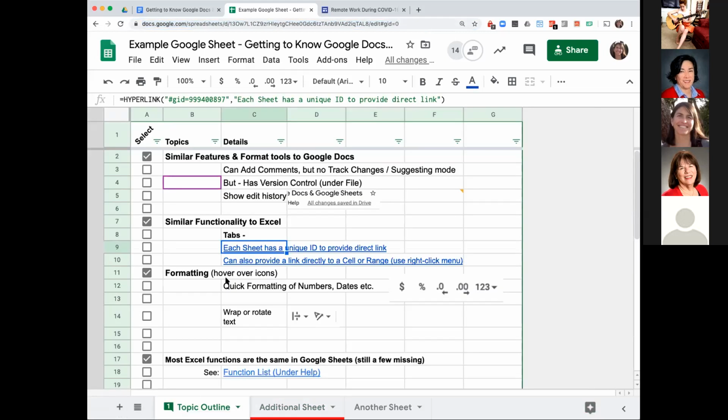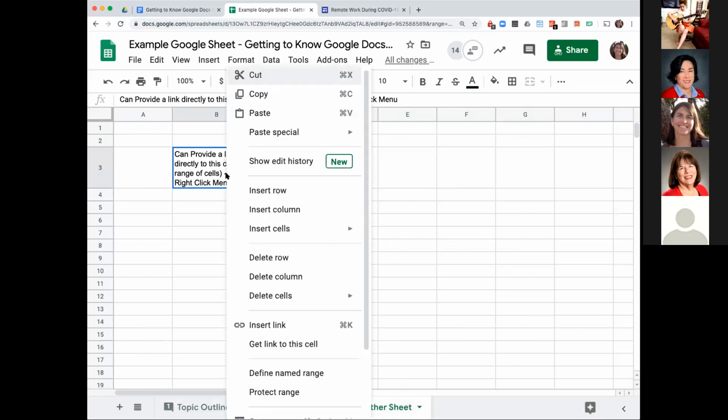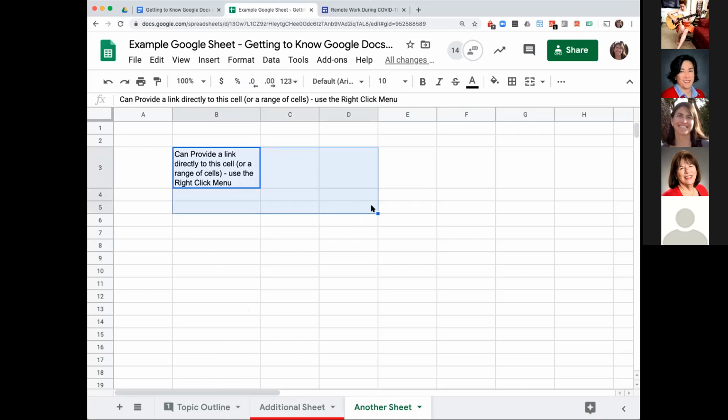Another cool feature you may not be aware of is you can send somebody directly to a cell or a range of cells. If I click on this, you can see it says ID blah, blah, blah. That's telling me go to this sheet and go to this range. And if I click on that, it's taking me directly to this cell. The way you do that is right click and get a link to the cell, or if you had multiple columns or cells highlighted, it would get a link to the range, and when you landed there, that whole range would be highlighted.